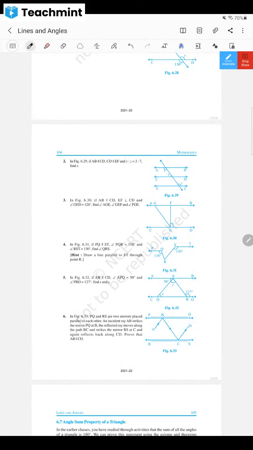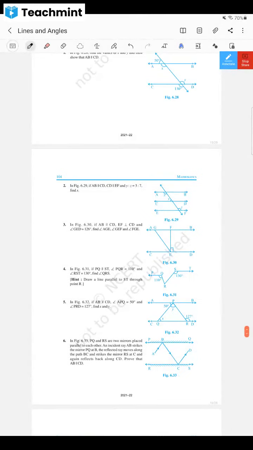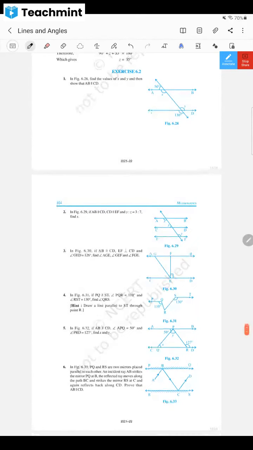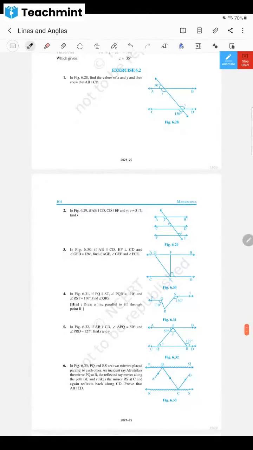Other people, any other doubt? Other than the sixth question, any other doubt? If nobody is asking, we'll solve it and then move on. Any other doubt other than the sixth one? Okay. I think first, second, third, fourth, fifth are quite simple, I guess. Everybody must have done them. Any doubt up to the fifth question, dear children? Anyone? Okay. Let's move on to the sixth question.